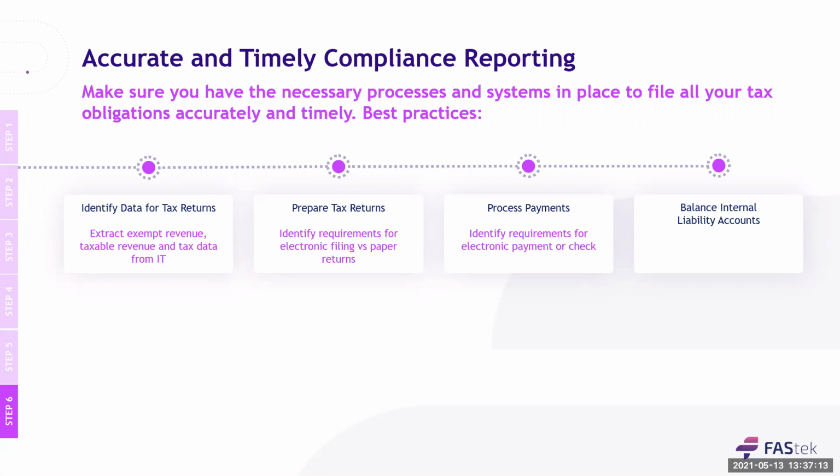Now, it is important to balance your internal general ledger accounts. So you want to post your gross tax payments to offset your accrued tax liability accounts, right? And then you also want to post your income for the vendor's discount that you get for timely filing. And then, of course, you also have to post your expense for any penalty and interest, local license renewal fees, and applications. So that's all from the beginning of compliance to the end of compliance.